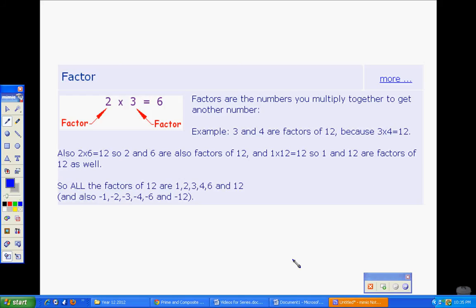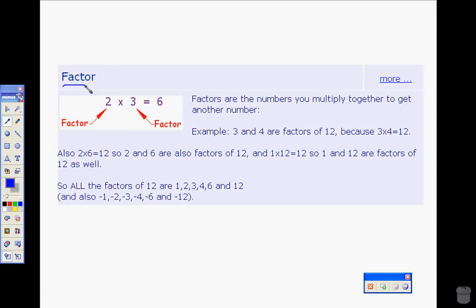Yeah, what we want to do is have a bit of a discussion about what a prime number is and what it's all about. But before we do that, we want to define another word here, and the word is factor. I don't know if you've heard this word before, but a factor is a number that you multiply together to